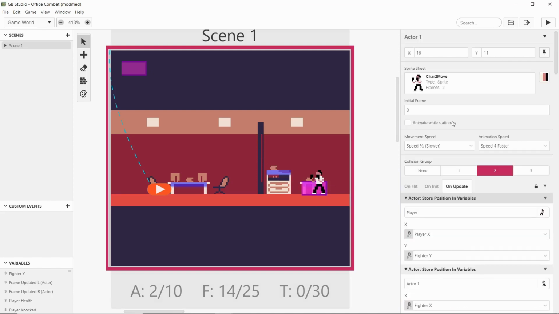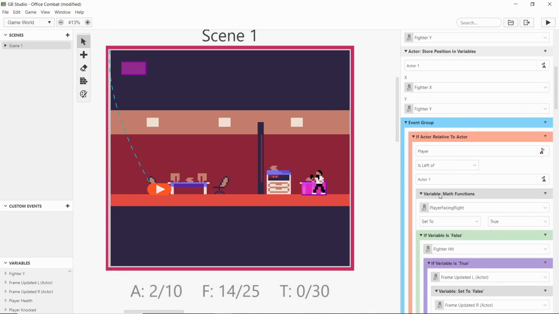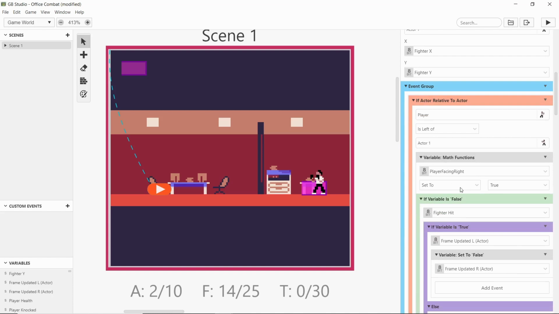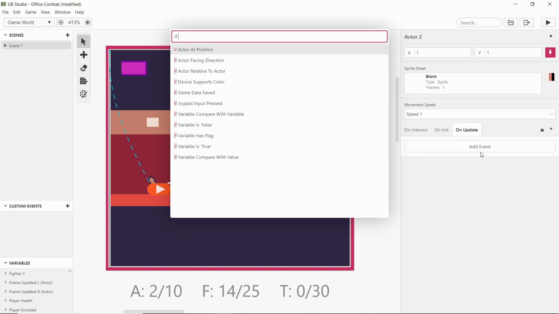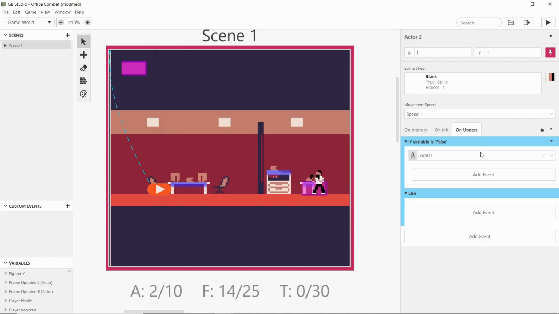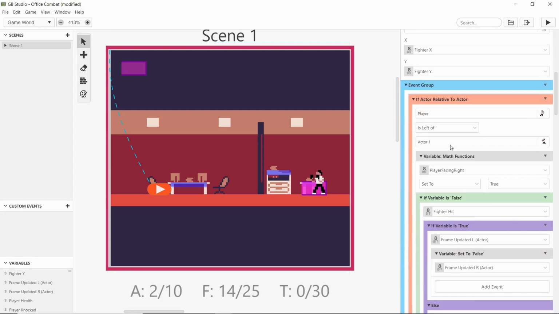On update, this little guy says if it's this, then player facing right is true. So we want to do the same thing of if knocked back, right? So if knocked back is false. So if the player's been punched, then we don't want to update the frame, and we also don't want to continually update it. So what I'm going to do is disable the else, and I'm going to go into the other actor,